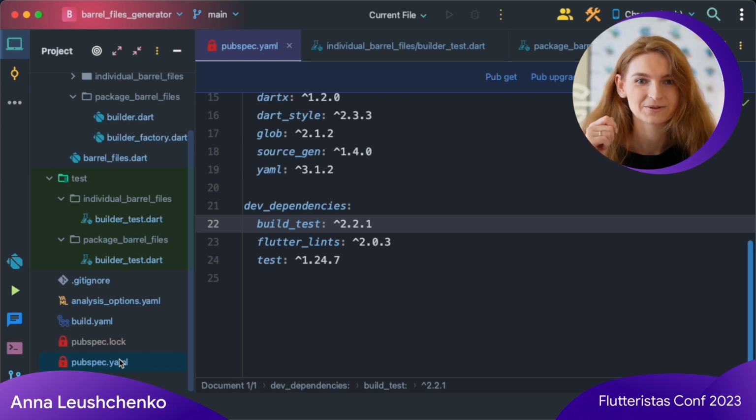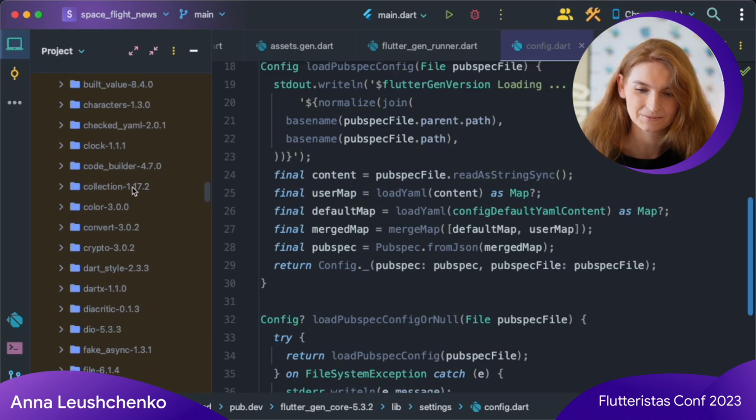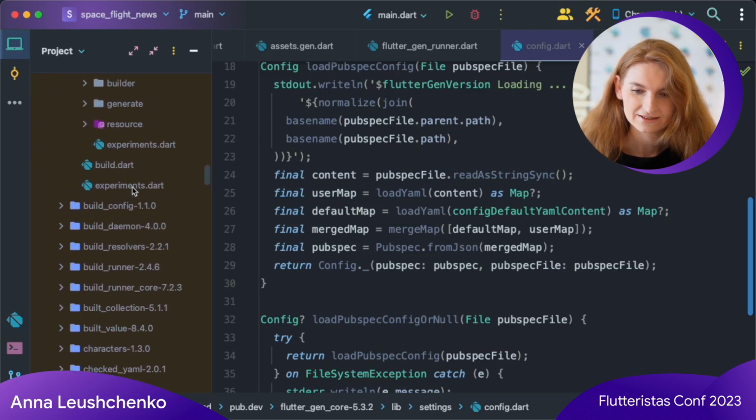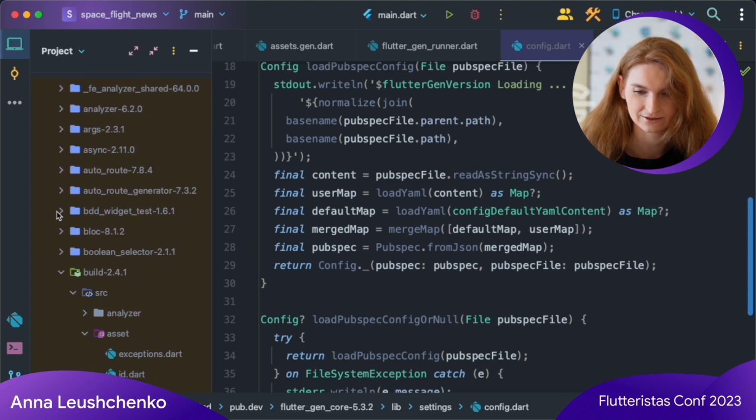Let's go back to our source of inspiration and check one more code-generating package. This time it is BDD widget test. They also have a similar challenge because the generator is reading from the file system directly.